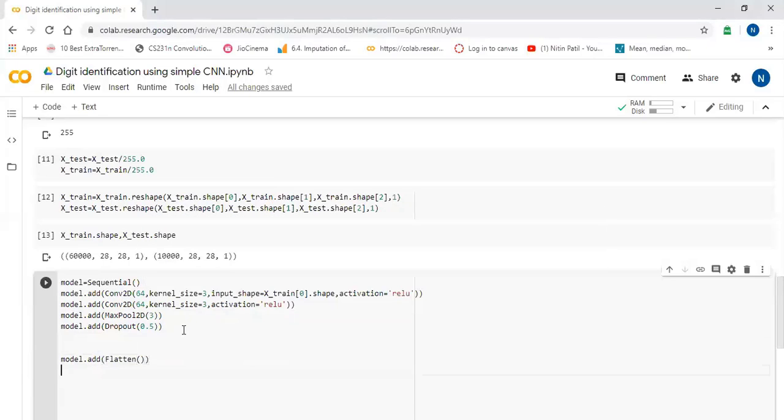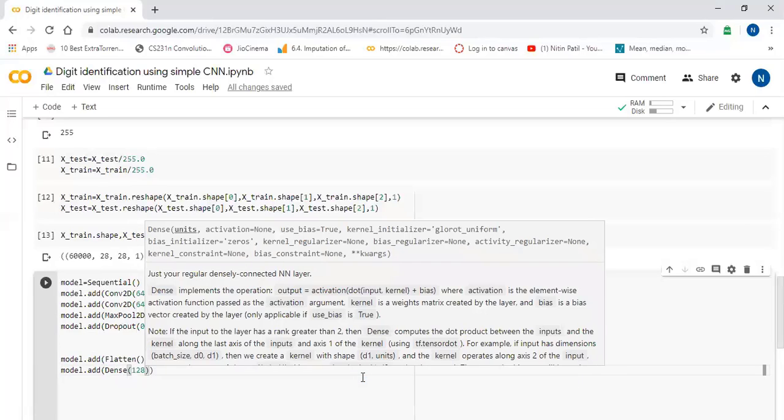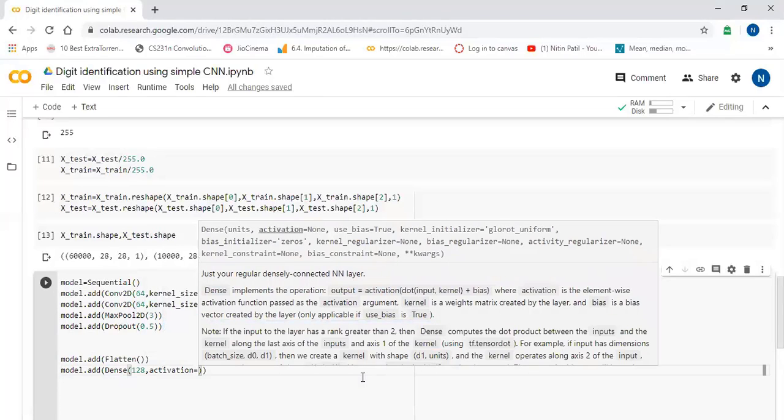Now we will add a dense layer to this to make it fully connected and to get the output. Now I will add model dot add dense layer. I will say 128 units, and activation function I will say relu.